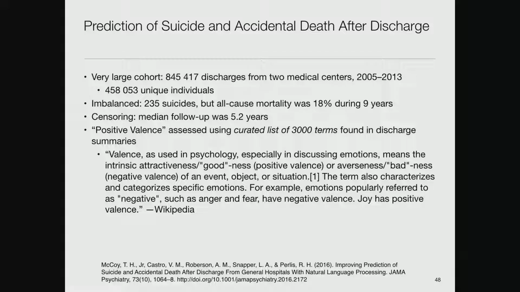And then what they did is they curated a list of 3,000 terms that correspond to what in the psychiatric literature is called positive valence. So this is concepts like joy and happiness and good stuff, as opposed to negative valence like depression and sorrow and all that stuff. And they said, well, we can use these types of terms in order to help distinguish